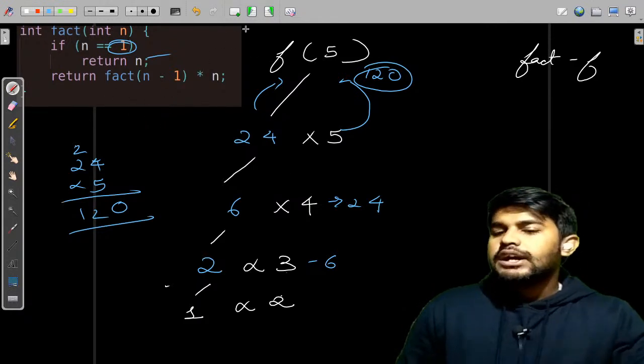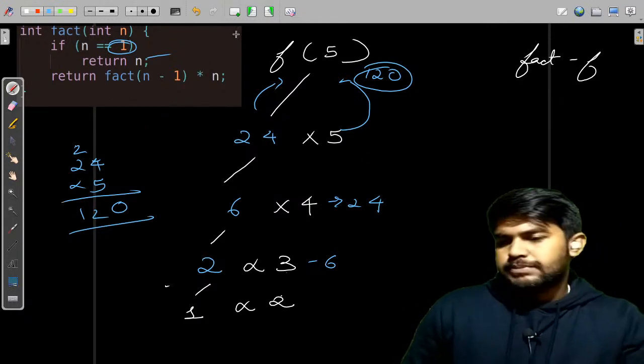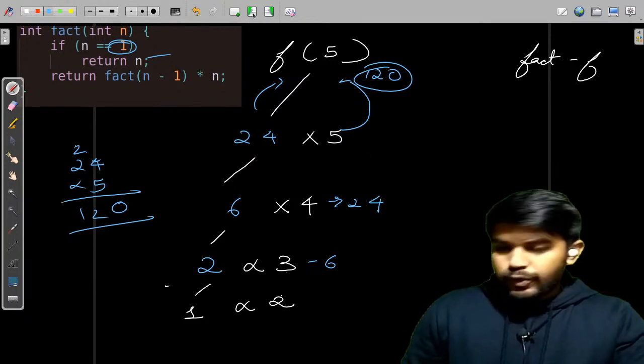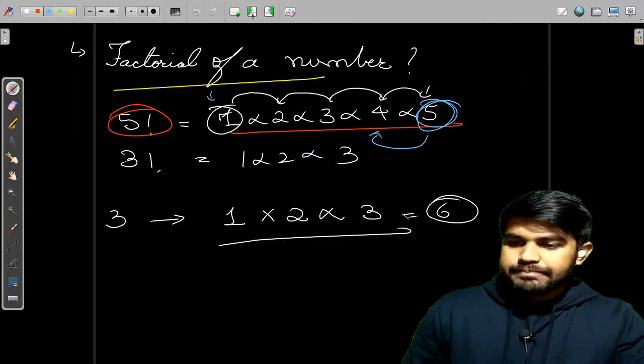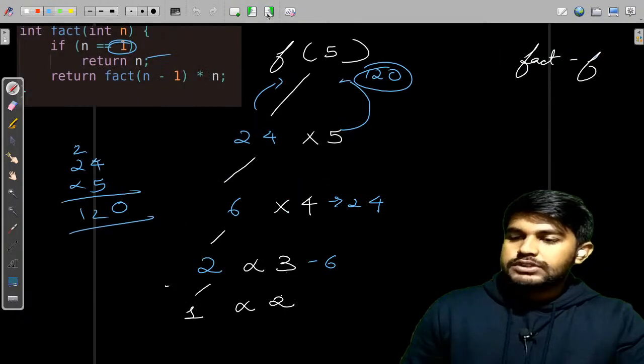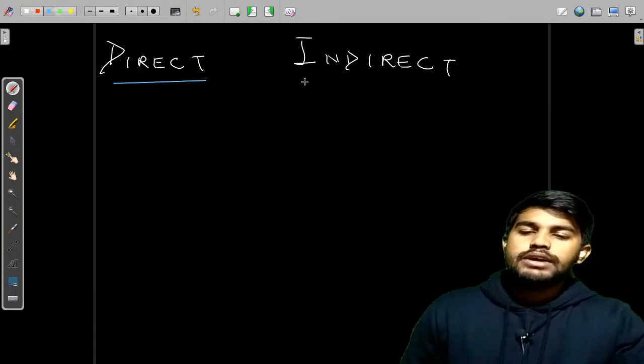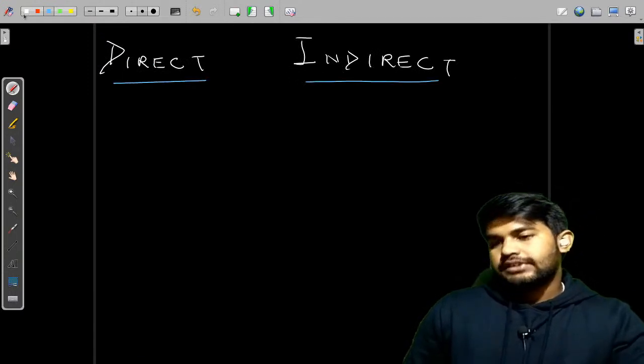Now we would solve more problems in the meantime, and then we would learn how the value is coming. So let's move forward and learn about direct and indirect recursion.